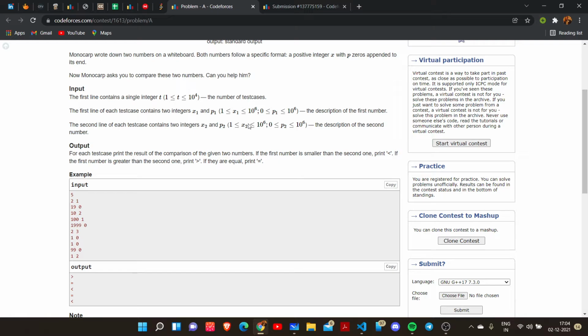So what will we do here is, we will solve this question in two steps. The first step will be, if the total number of digits differs, then we can simply say the number with more digits will be greater. For example,